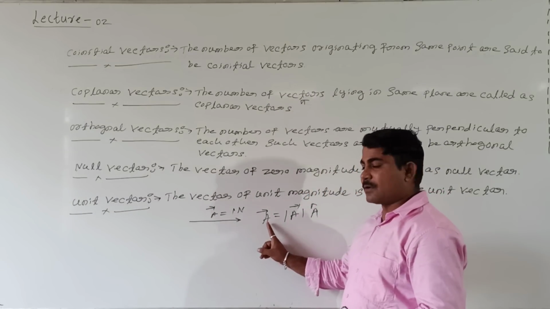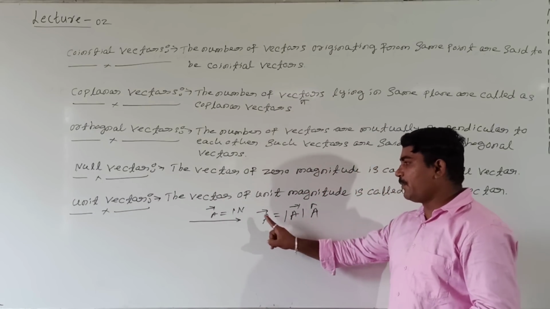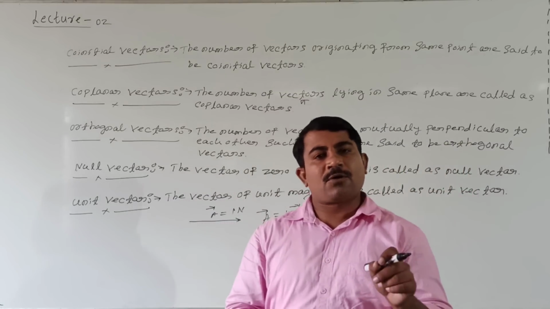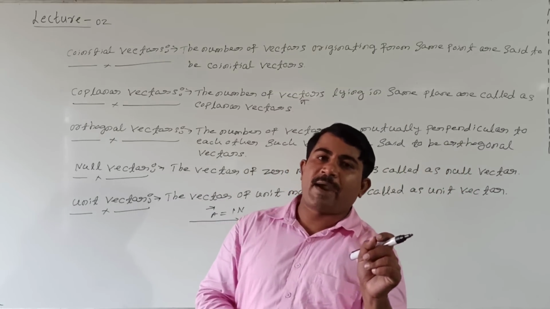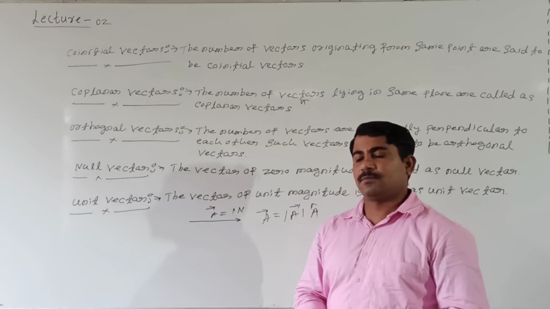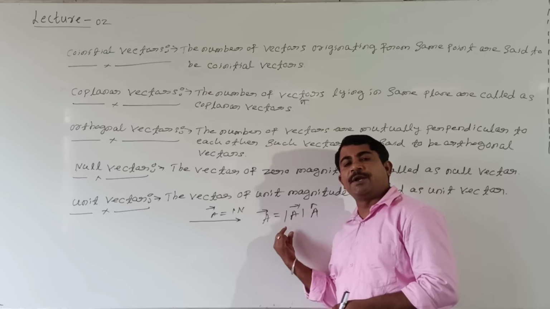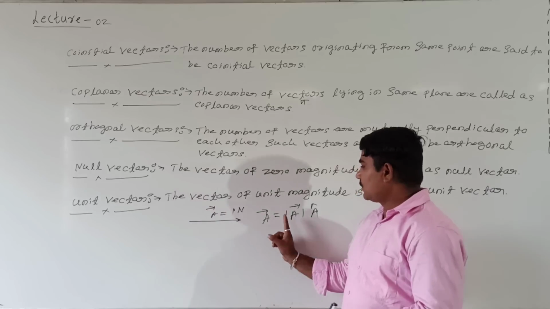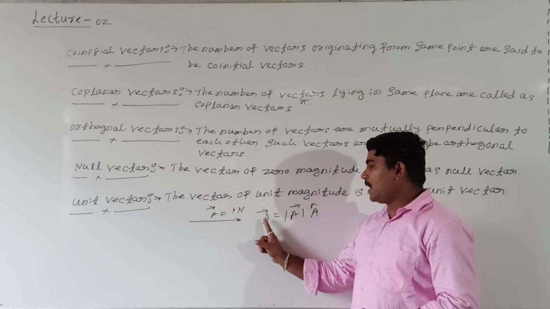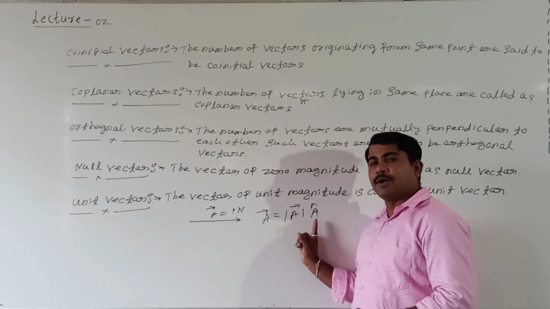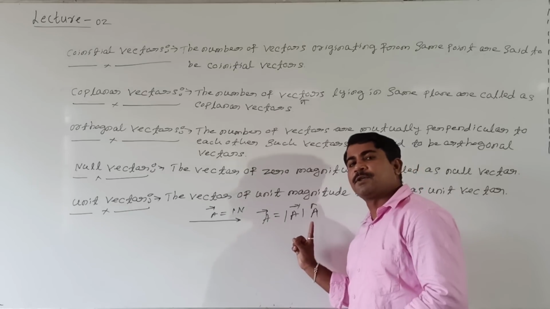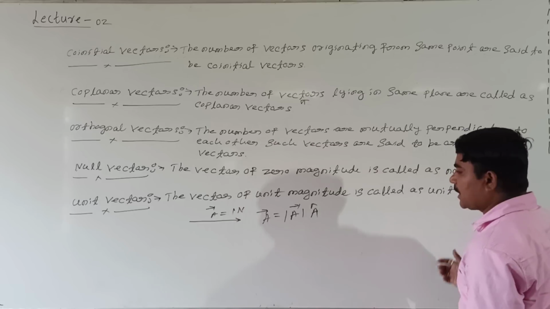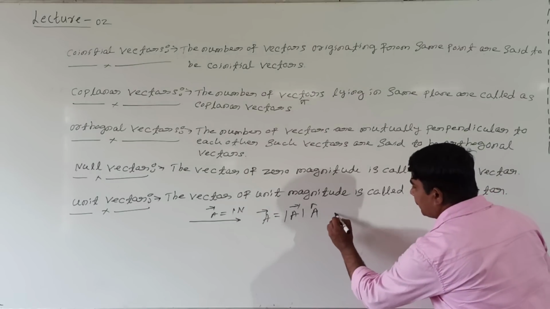A is one vector. Then what about this? This is the modulus of vector A. Moduli means the quantity of vector which has magnitude positive. Moduli means it is a magnitude of vector, that is positive magnitude of vector. What we are calling this is moduli. Vector A equal to moduli A into A cap. What is A cap? A cap represents unit vector. How to represent the unit vector directly? The unit vector can be represented A cap.